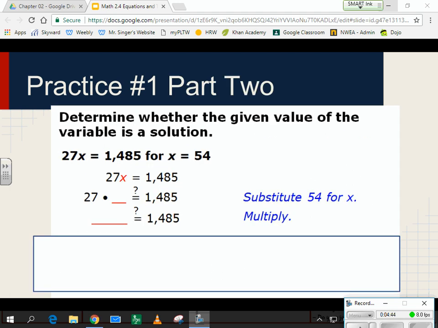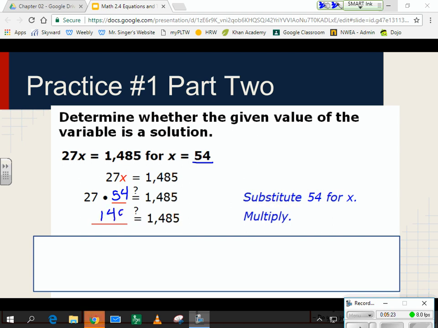Here's another one where we're looking at 27x, which remember means 27 times x, equals 1,485 for x equaling 54. Okay, so if we look at our problem here, it's 27 times x. I made it red so you see what we're going to work with. It equals 1,485. So we're going to plug and chug. We're going to plug in 54 for x. And if we go ahead and figure out what 54 times 27 is, and just so you know I'm cheating a little, I'm going to use my calculator. We get